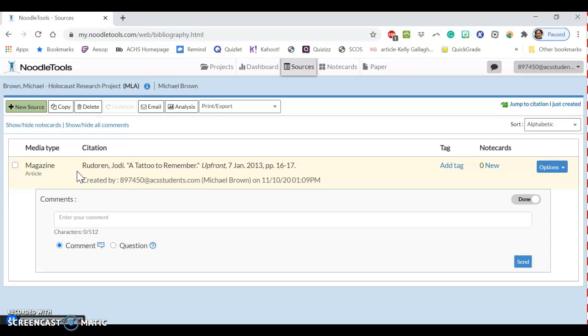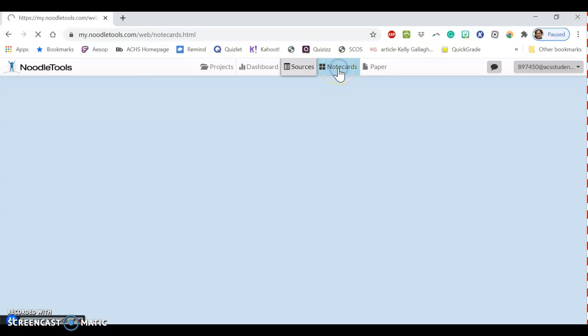We're going to talk about how to use NoodleTools. We're going to talk about how to organize our ideas and outline and things like that. And basically, if you can take your note cards well, NoodleTools will help you write your paper. It will do, I'll say, 85% of the work for you, okay, if you do this correctly. So let me just show you how to do those note cards really quickly before we ever start reading and annotating. So if you click on the note cards tab up at the top,